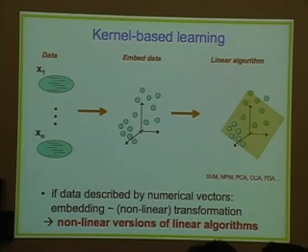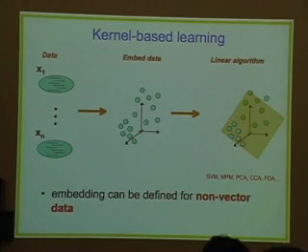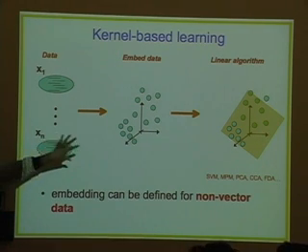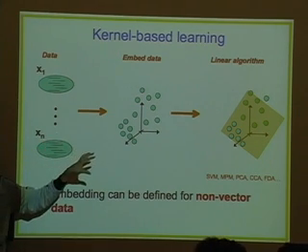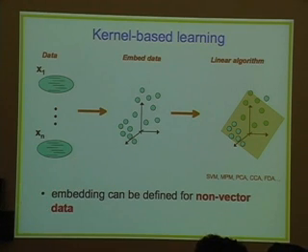And this was really the original motivation of the kernel-based learning framework: to come up with nonlinear versions of linear algorithms. Now, in the last 5, 6 years, people have noticed that defining such an embedding can also be done for non-numerical information. And so it gives us a handle to deal with data that is more diverse, that is not described by numbers anymore, which is a type of data that classical statistical algorithms had trouble dealing with because they always worked on numerical vectors.